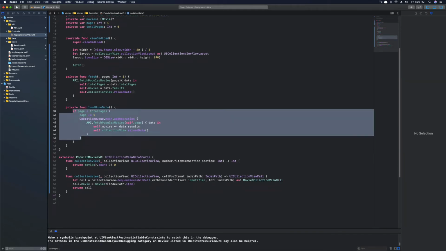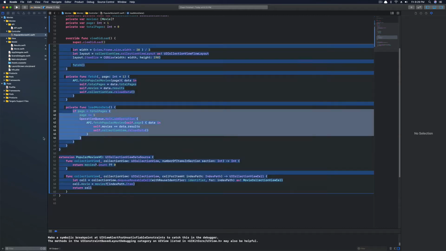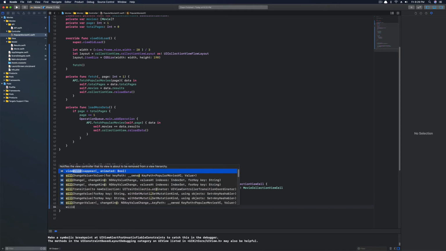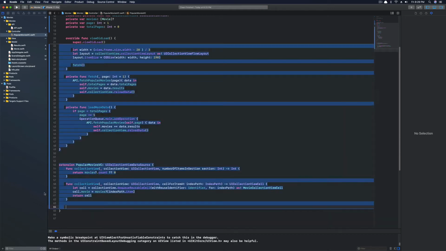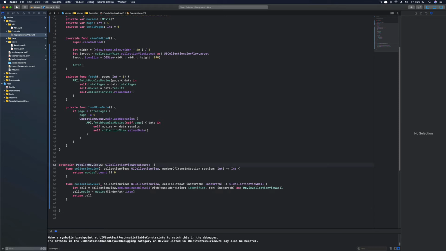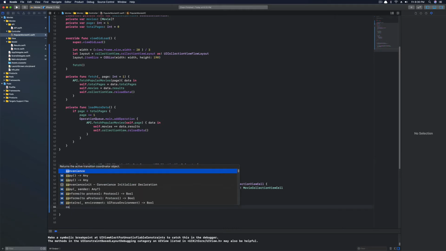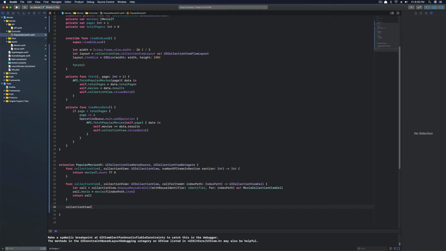Now what we need, we want to be able to call the method. So we're going to go, I think it's a data source method, will display. Let me see. Yeah, I think it's the extension. So let's do UI collection view delegate. So it's collection view, and then it's collection view, which is UI collection view,